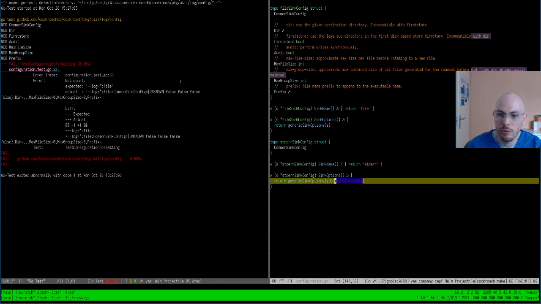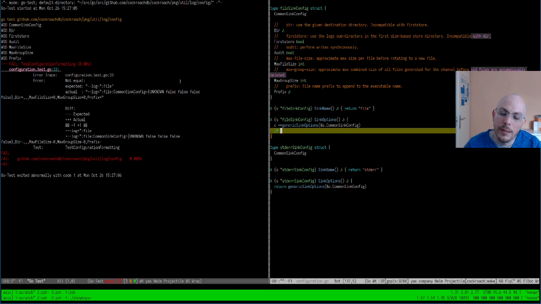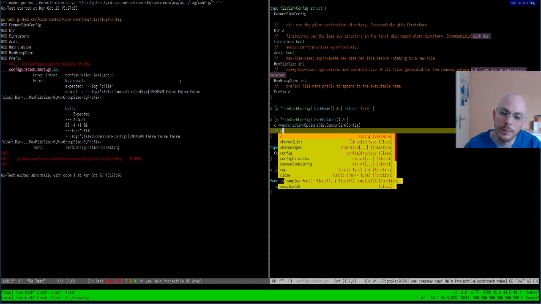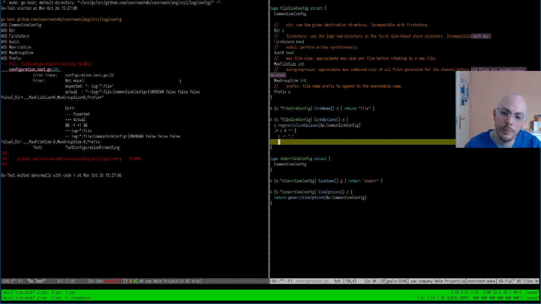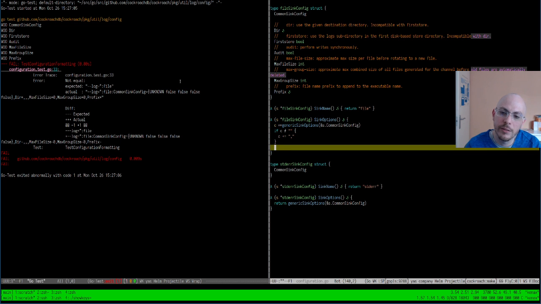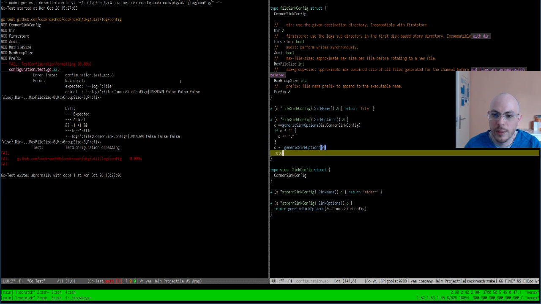I'm going to do this. I'm going to pass it directly, and then here I'm going to say config is s.commonSyncConfig, and then if config is not the empty string, I'm going to add a comma. It's not exactly efficient. I'm going to come back to that in a second, and then I'm going to pass it the config that I have, and then return that.